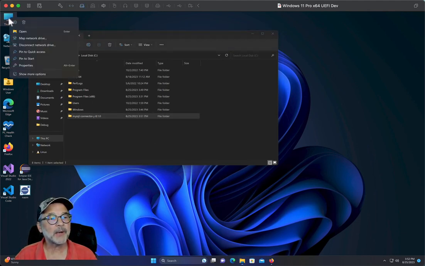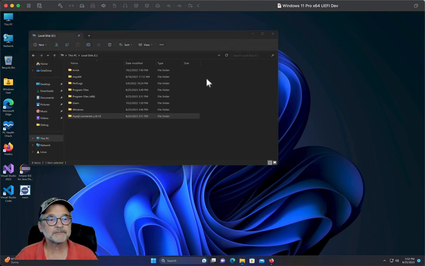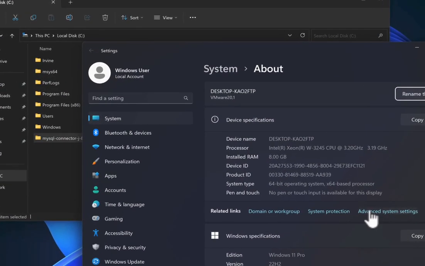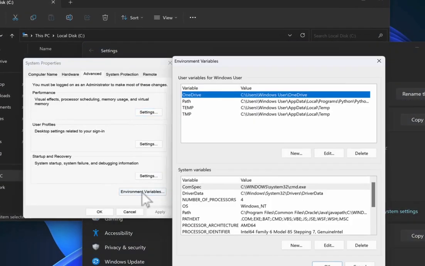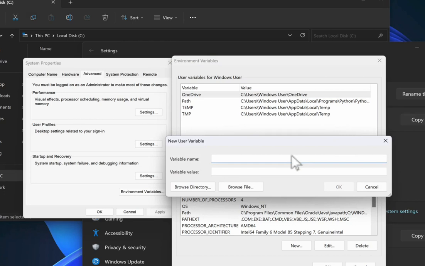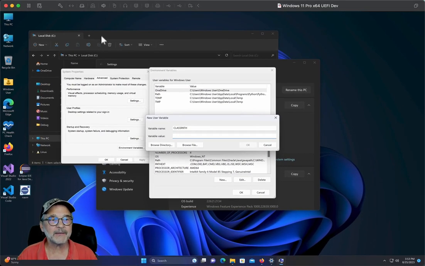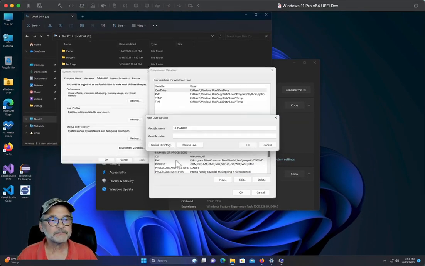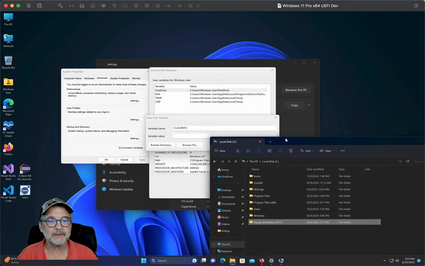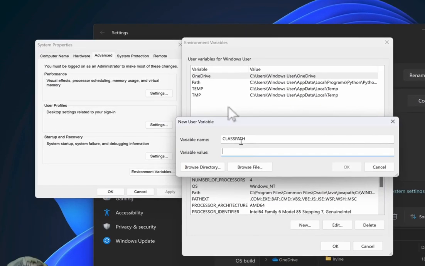Now I'm going to right click on This PC, go to properties. Got a couple of things to do here. Advanced system settings, environment variables. And what we're going to do now is click on New on the top half of this. And the name of the variable, now this is a system variable that the operating system is going to use. So we're going to call this CLASSPATH, all in uppercase. And then we're going to take the folder where we dragged that to. And I'd kind of like to make that visible to me. So that is C:\